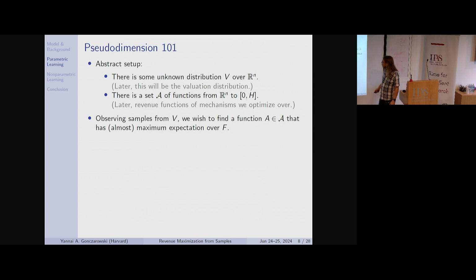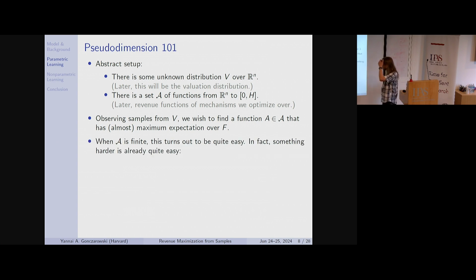Observing samples from V, we wish to find a function. I'm going to stop saying auctions now, but you have to set up in your mind something concrete. We wish to find an auction that has almost maximum expectation over V. Sorry, this should say V. This is the distribution. So we have a distribution that we don't know. We see samples from it. Out of all the possible functions that we consider, we want to find the one that maximizes expected revenue